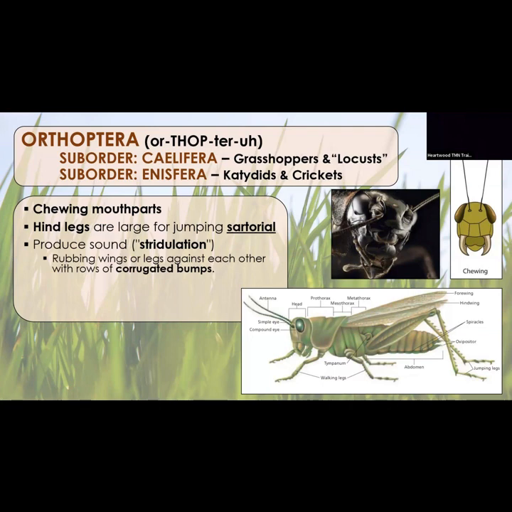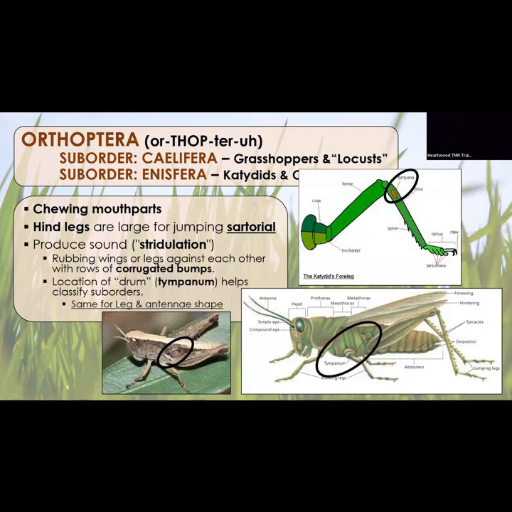So they're known to produce sound, stridulation, and that's basically because they have a drum on them. They have a tympanum, and the location of the tympanum, be it on their body or their inner leg, also helps classify. Katydids tend to have their tympanum on their leg. Grasshoppers have their tympanum on their body. Either way, they're rubbing their legs around because they have these striated, spiny legs. They're just playing their drum, trying to catch a mate.